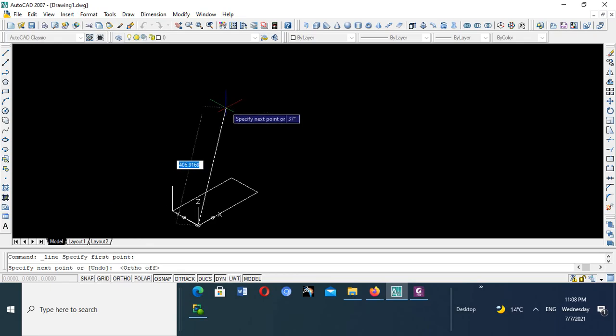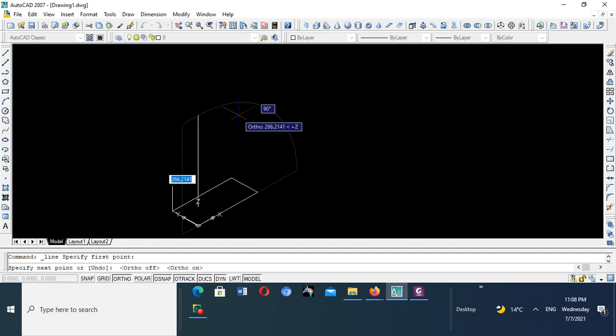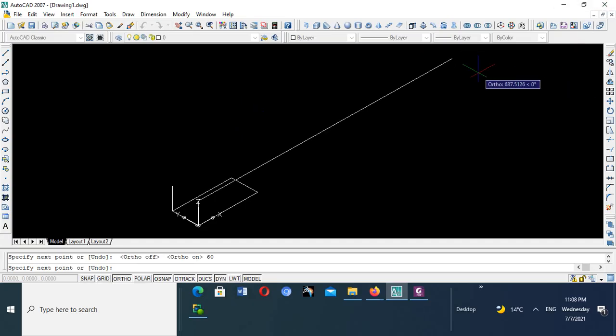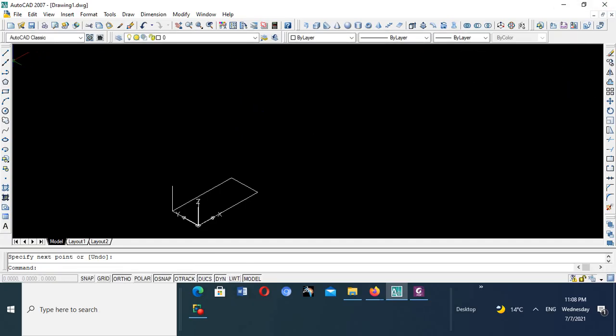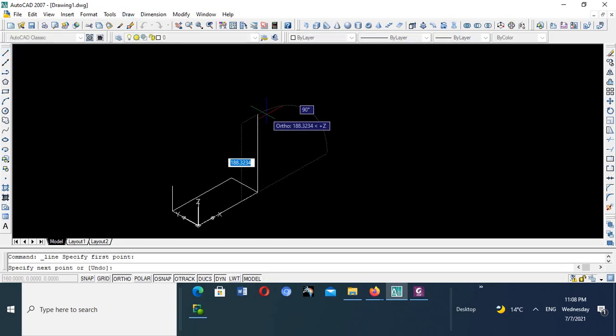So I should go Ortho on. Then it's automatically going to pick the perpendicular, and I go height 60, and I go enter, right? Then I go out of the command, I come to line again, I draw a line perpendicular 60, then I go enter, come out of the command, right? Then I will now join these lines,